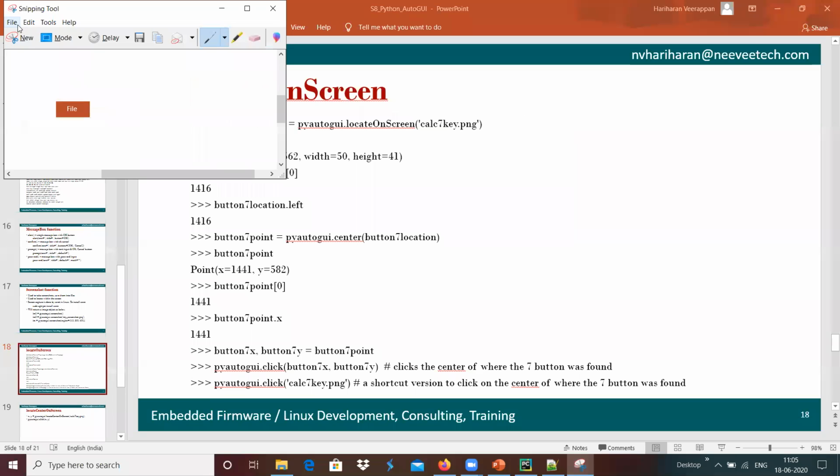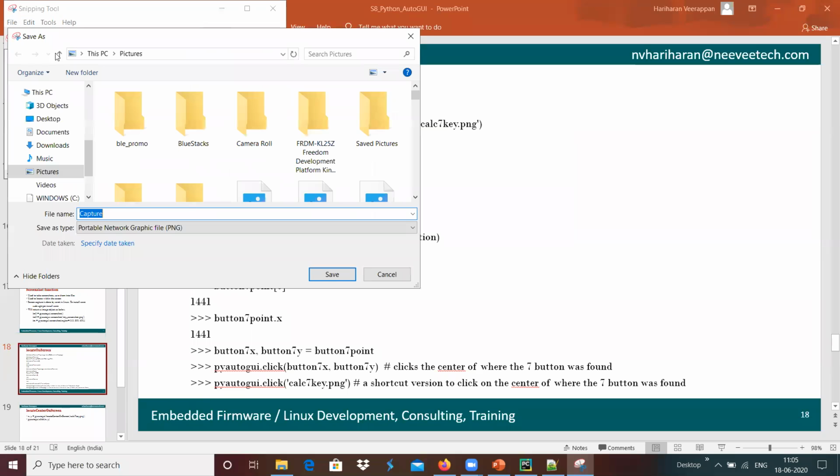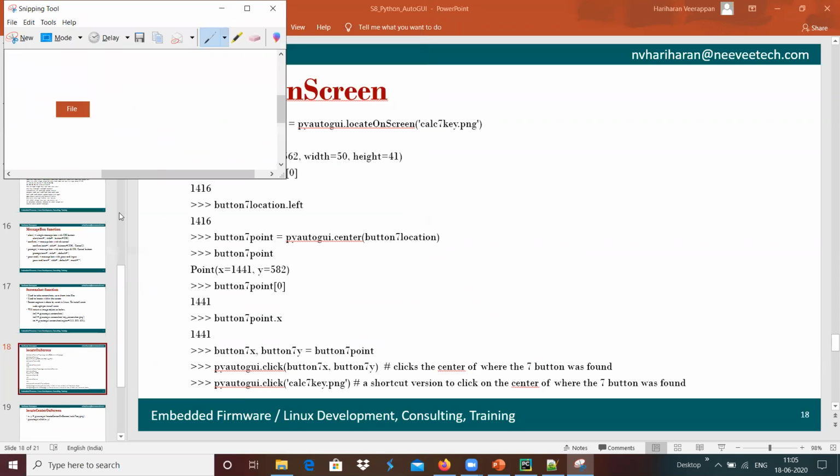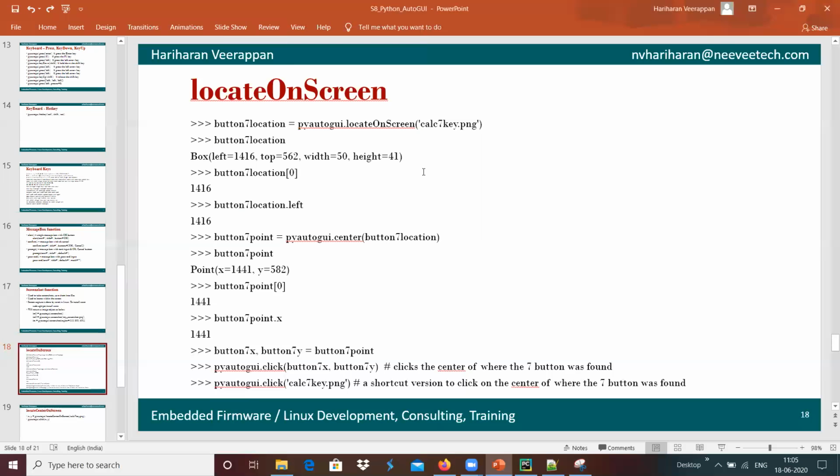For example, I'm going to save this into the Python program folder as file.png. That is the file I have saved. I want to do that locateOnScreen over here. For example, this has to be located.